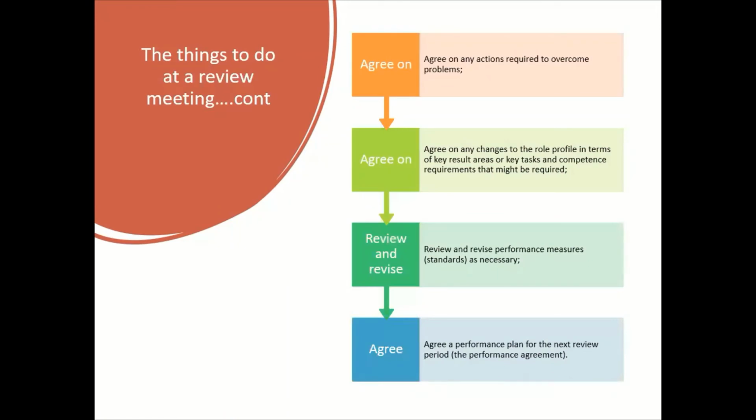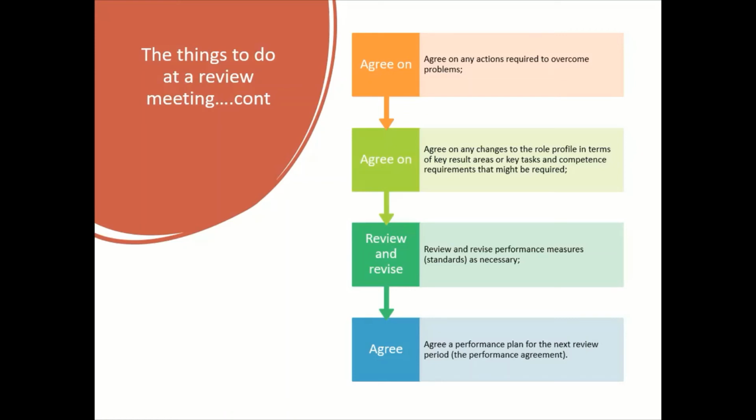Things to do at a review meeting. There are some other things also to do. Agree on any actions required to overcome problems. So we have to discuss the possible solutions as well if the employee performance is not up to the standard. Then we can agree on such solutions and then agree on any changes to the role profile in terms of key result areas,